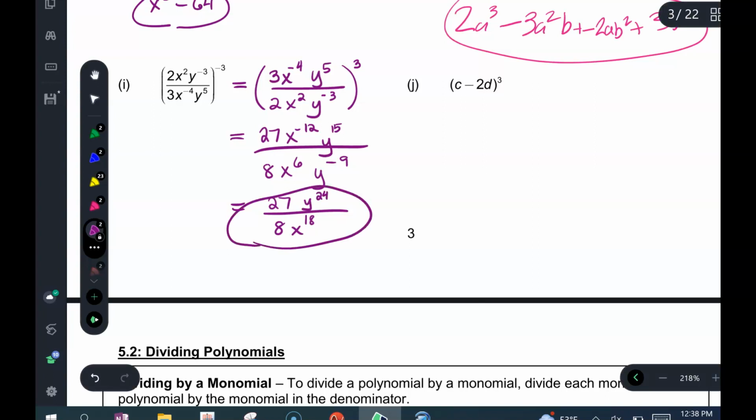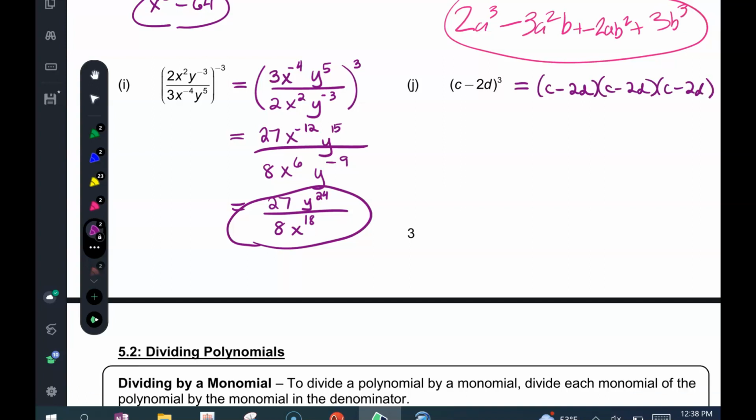Okay. All right. I will put in the last one if you want to just look and see. It basically means you just have to multiply it out 3 times. Okay? Lovely. I'll put the answers up online, but otherwise, I think you guys are